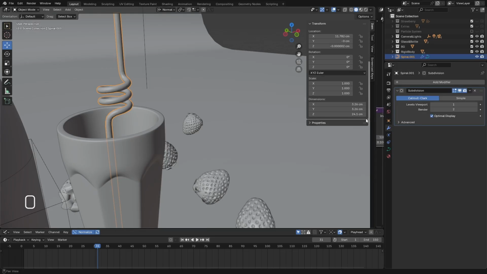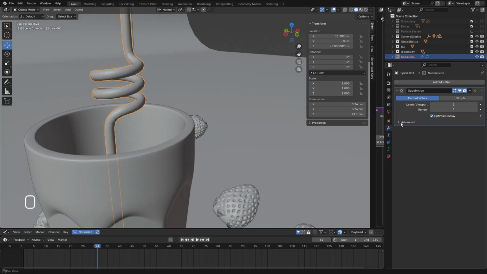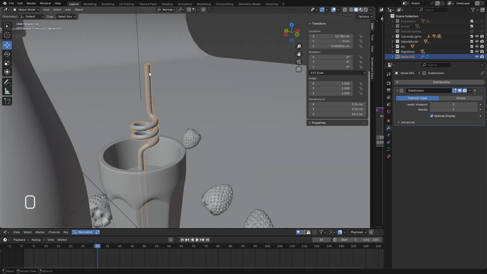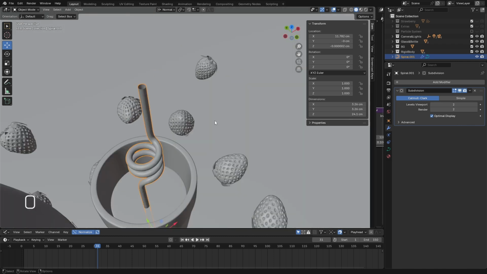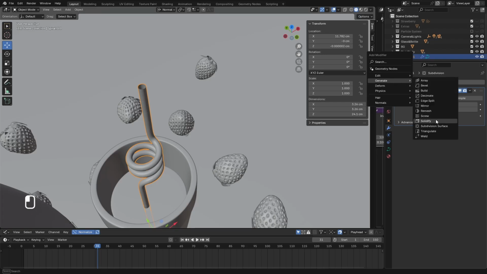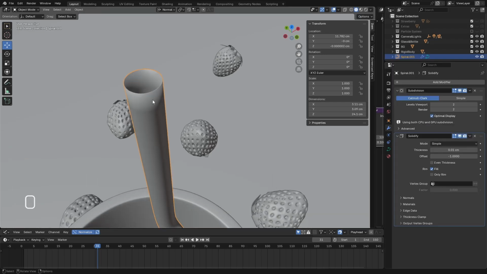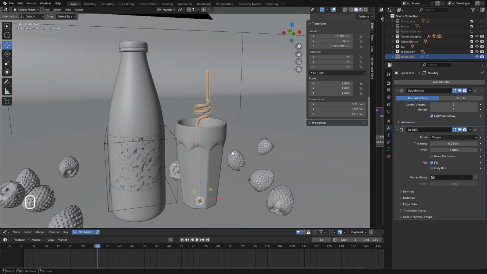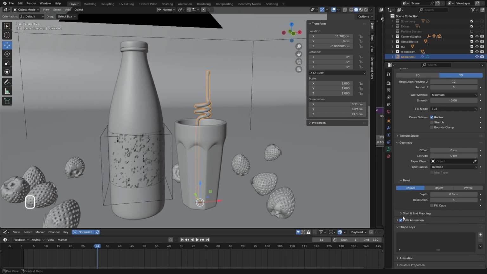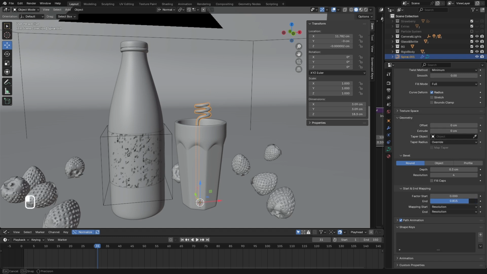Let me even add a subsurf modifier to get rid of these harsh curves right there. We can do a solidify, but let's see. Generate and solidify. Let's go inside 0.01 and 0.03 and 0.5. Yeah. All right. Now, if you go down here to the curve setting, start and end,